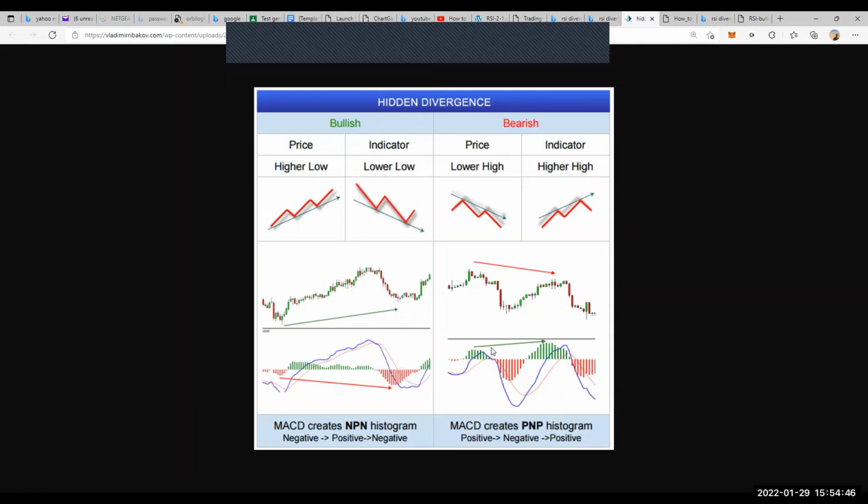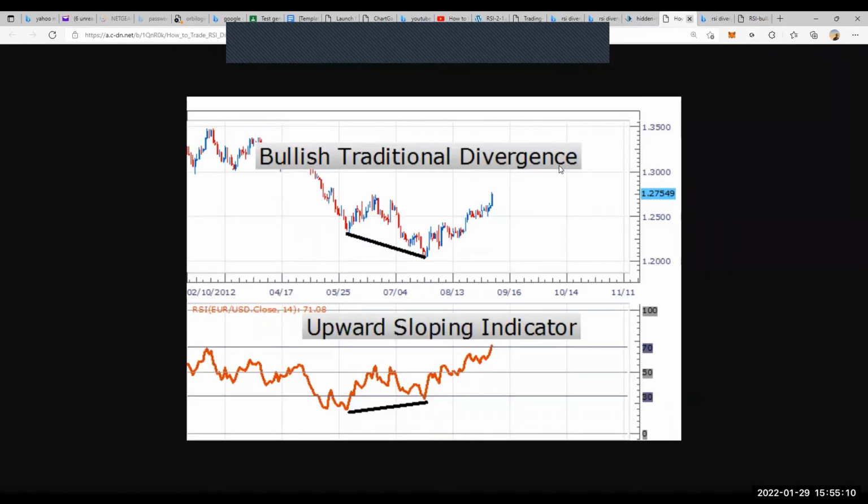It's falling. But in this case, we're going up and we're near, remember this is our 70 line, we would know that there could be a reversal and the stock could fall. So it may be a good time to actually sell the stock. Conversely, this is showing bullish traditional divergence, meaning the stock should be going up, and it's a great time to buy. Here's your 70, here's your median price at 50 right here, and here is your 30